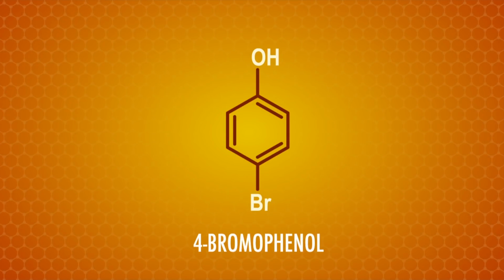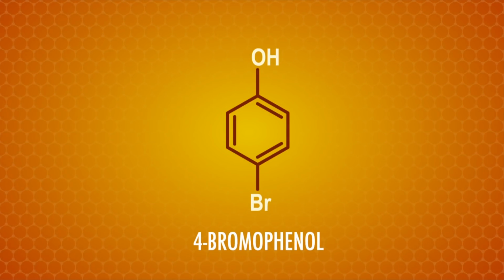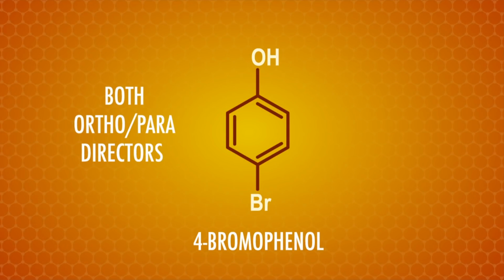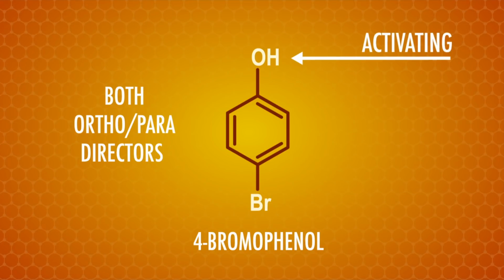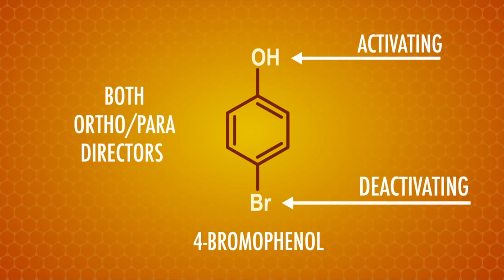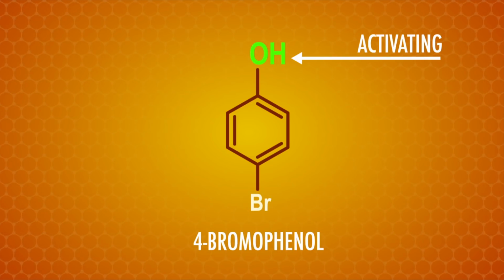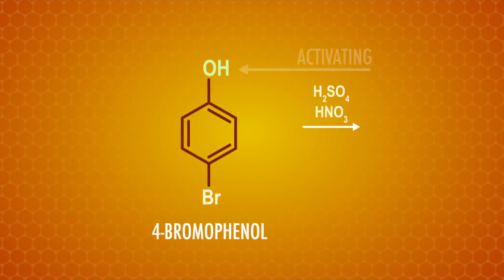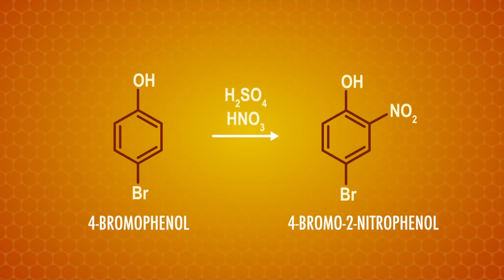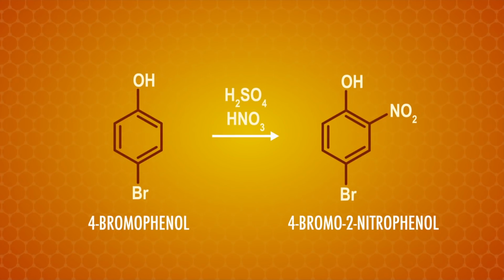Nice and straightforward. Now, if we have two groups with contrasting effects, the stronger activating group gets priority. For instance, let's look at the nitration of 4-bromophenol. Both groups here are ortho/para directors, but the hydroxyl group is activating while the bromo group is deactivating. So the hydroxyl group is the strongest and only activating group, and it takes priority. If we try to add a nitro group, the reaction favors the position ortho to the OH, and this is our